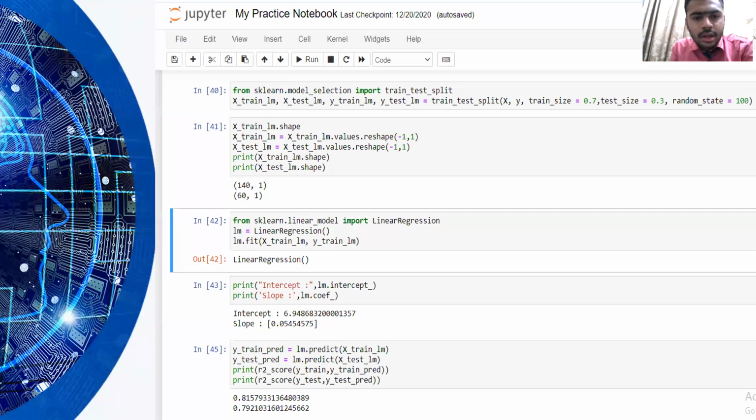Here you can see that from the sklearn.linear module we imported LinearRegression, and below it we called it, and after that we printed the intercept and slope so that we can get their values. And here in the last you can see that we got the predicted values for x and y both.